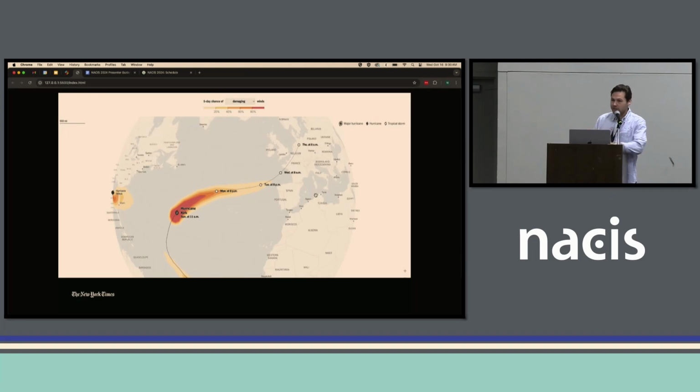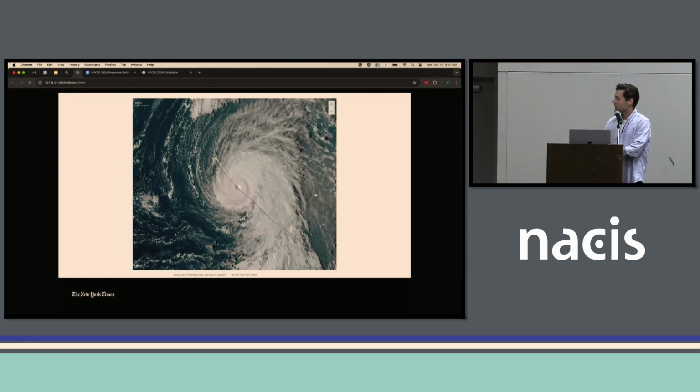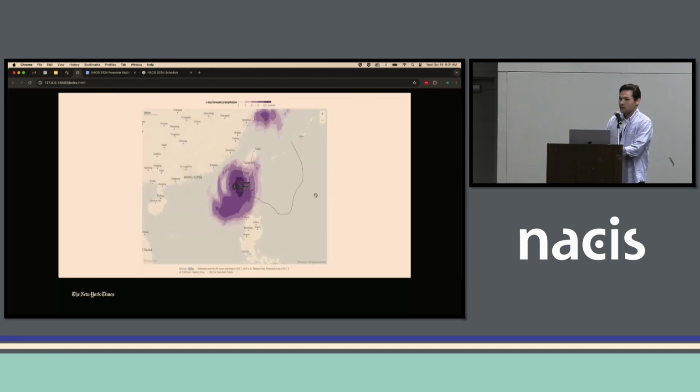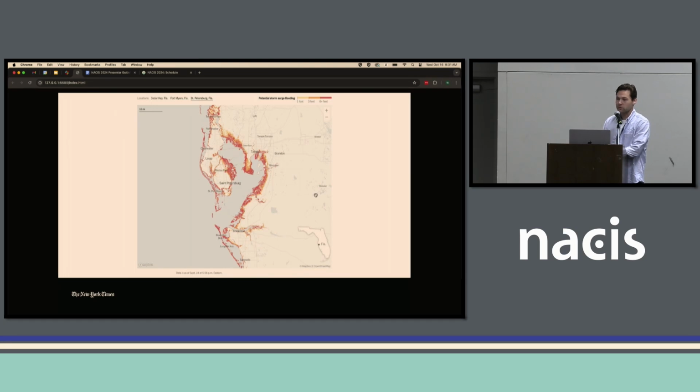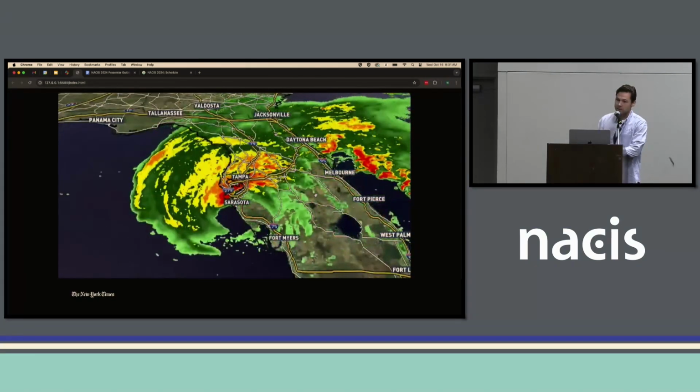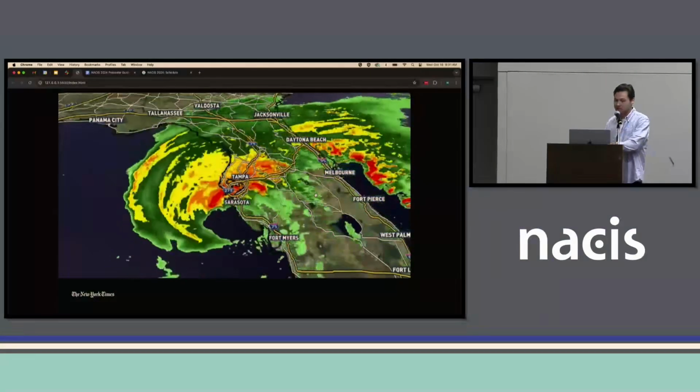But why am I here? Why did I do this to myself? Every year, we're trying to improve the hurricane tracker at the New York Times, and so we had come up with some visualizations of the actual track and where it's forecast to go. Like I said, we had these satellite images. We started supporting typhoons and international forecasts, precipitation, potential storm surge, but what we were really missing was this CNN-style TV live graphic, crazy colors